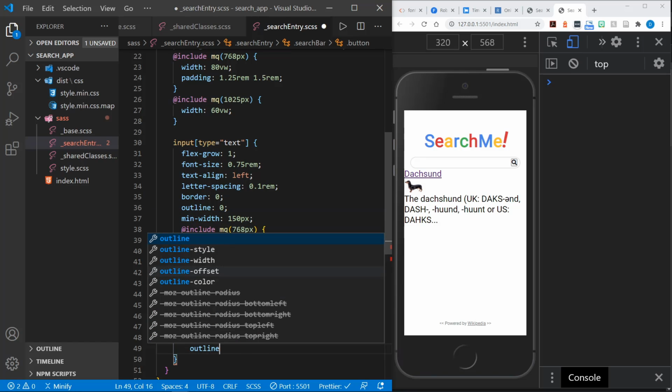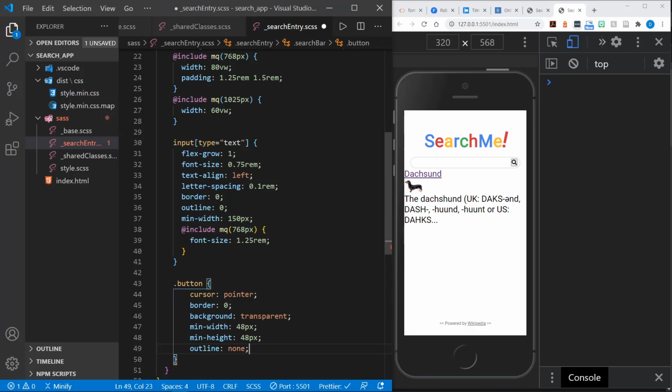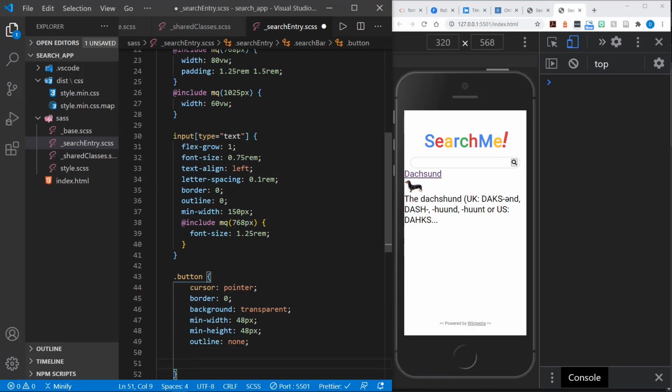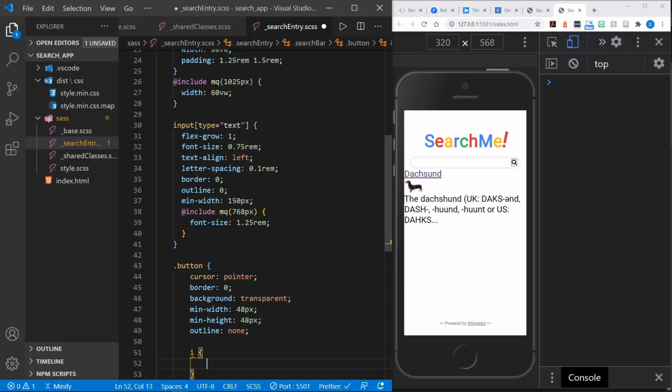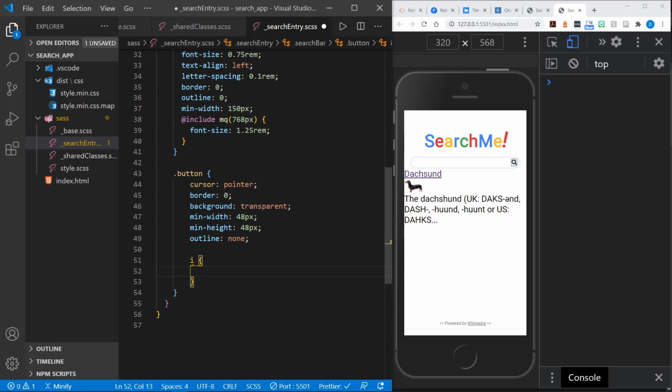and we really don't ever want buttons to be smaller than 48 by 48. Outline, once again, none, and once again we'll need to address that in some other way if we're removing that outline. Okay, now the icon element within the button class, and this will be our font icons, our Font Awesome icons. There we go. So Font Awesome 5 Free is the font family. Font size 1 rem,